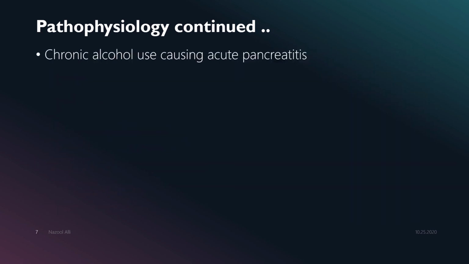So we mentioned mostly the pathophysiology of gallstones, or cholelithiasis, resulting in pancreatitis. However, we know that the second most common reason for acute pancreatitis could be the abuse, or chronic abuse, of alcohol. However, how chronic alcohol use causes acute pancreatitis is not clearly understood. Now, what the